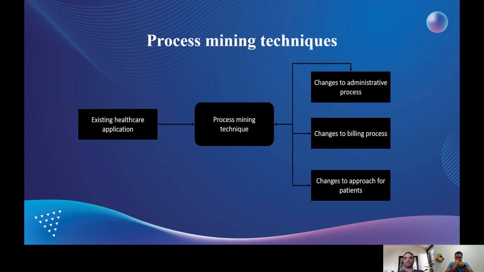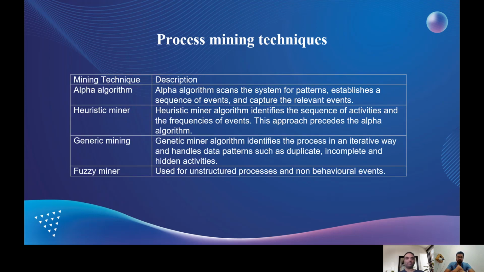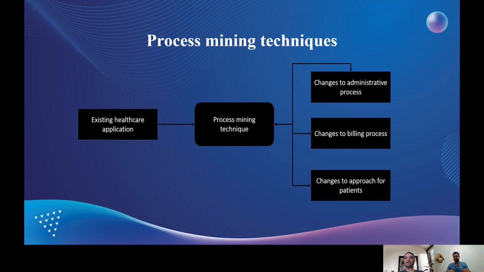In the application frameworks we've seen here, you understand the existing application and then apply your process mining techniques. You can use any of these four techniques, understand the events that happen, and then change your existing application, whether it is the administrative process, or your billing process,